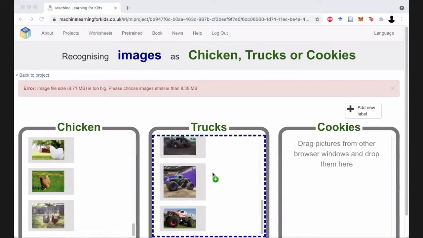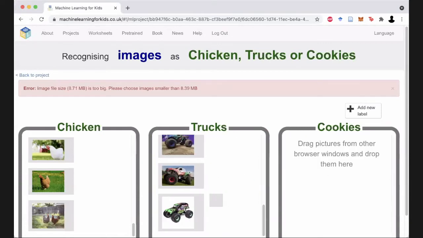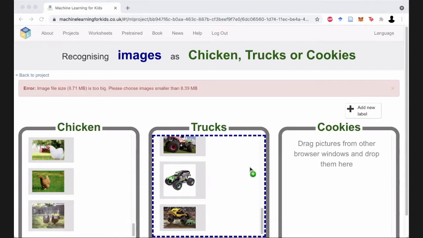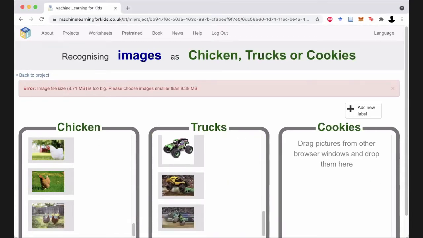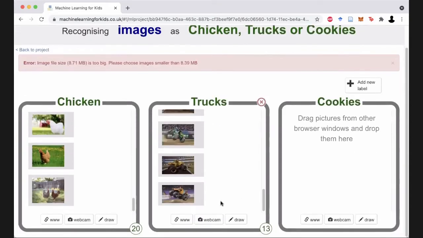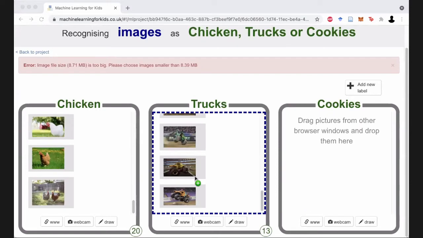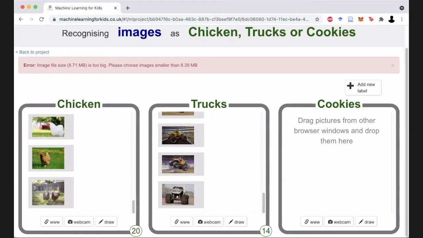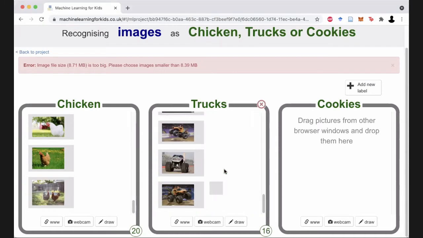So the computer can kind of figure out what does a monster truck look like. They do have different colors. They don't all look the same. They don't have the same orientation, but they do share certain features, like they have giant tires, right? And they definitely do not look like chickens. You could disagree with me, but. All right, so we have a bunch of